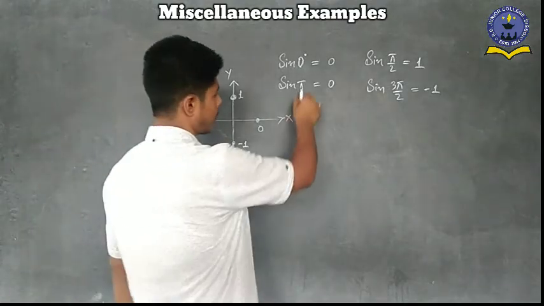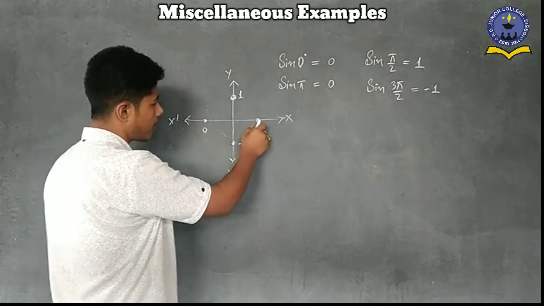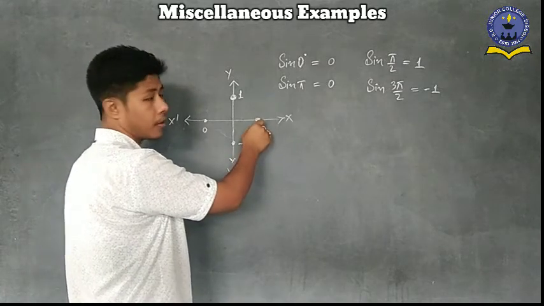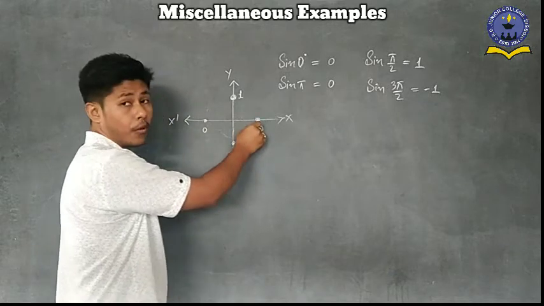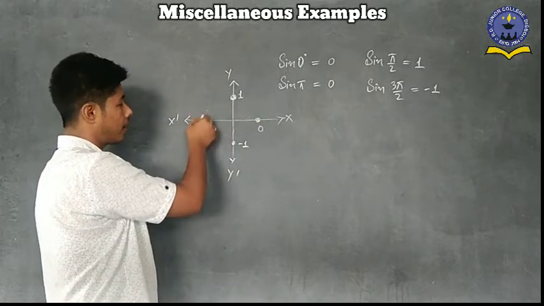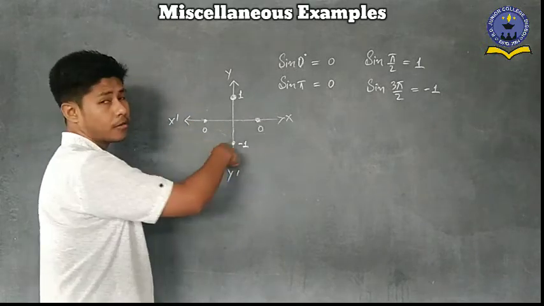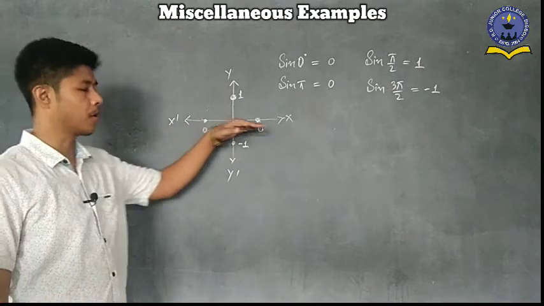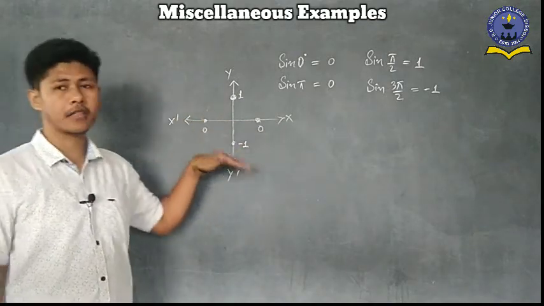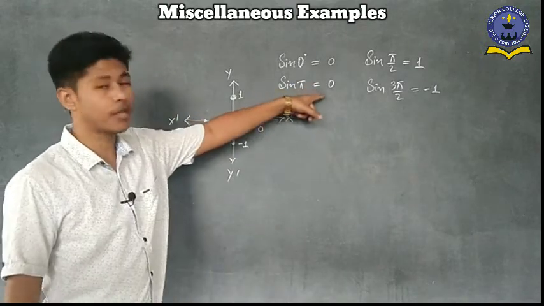Now why do we write this? If you see here, sine pi is 0. Then after pi, if it moves again to here, we get twice pi. From here to here is pi, then again if we move here, twice pi, then again 3 pi, 4 pi, 5 pi, 6 pi, going on in this way. In each and every case the value is what? Because the sine value lies on the x-axis, the value is 0.